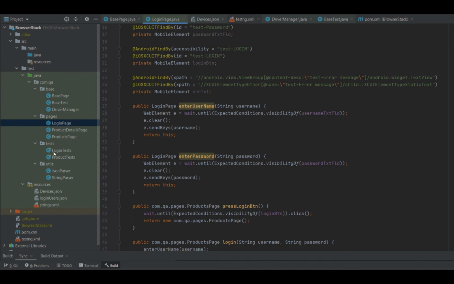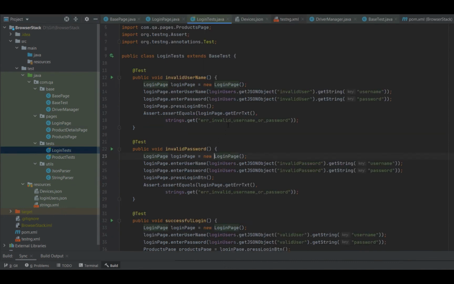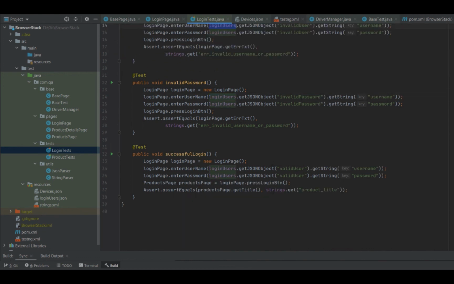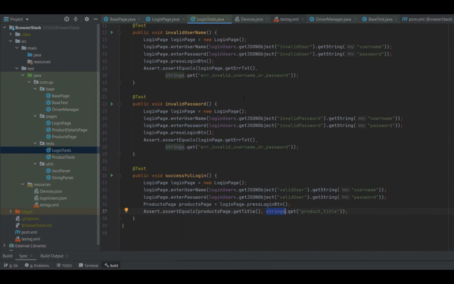And we have got two different test classes created. This one is for the login scenarios, and this one is for the product scenarios. If I go to the login test class, here I have created three different test cases. The login test class extends the base test class, so that way we can use the login users and the strings variable to fetch the data that is required for the test cases.